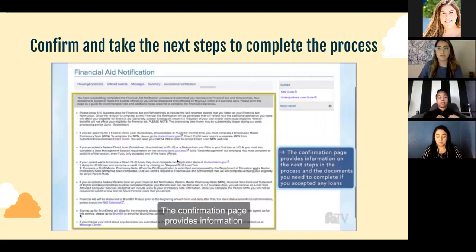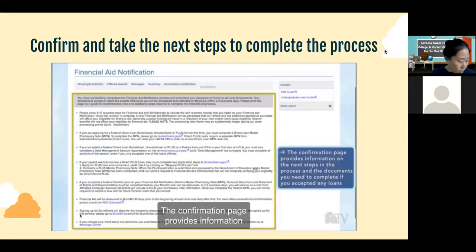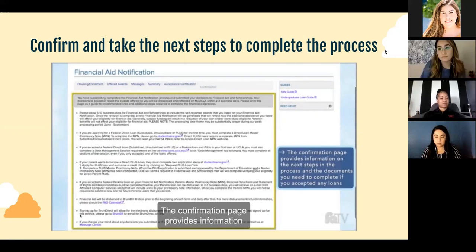So this is actually really important because the confirmation page for UCs gives you a document that pretty much tells you the next steps that you need to take, especially if you have completed it and you took out loans. So if you were offered a loan and you are accepting that loan, you do have to go into the FAFSA website and complete loan counseling, and you have to do a few other steps. It's really not that hard. But this gives you a step-by-step guide of what you have to do afterwards. So I highly recommend that if you want, you can print this out, save it to your computer, but it serves as not only your confirmation page, but that next step process.